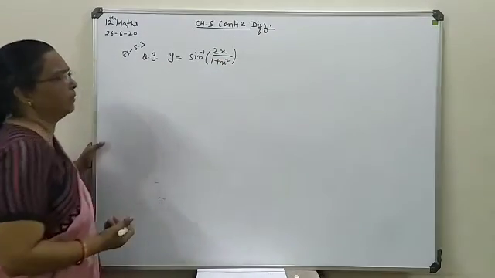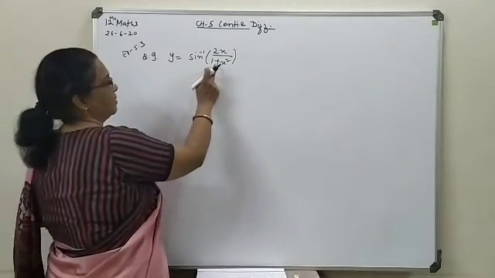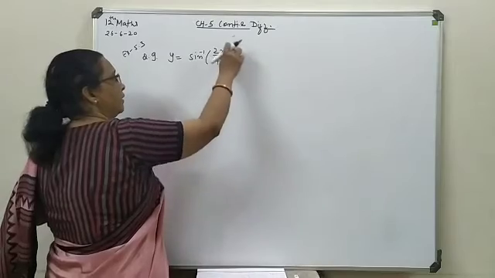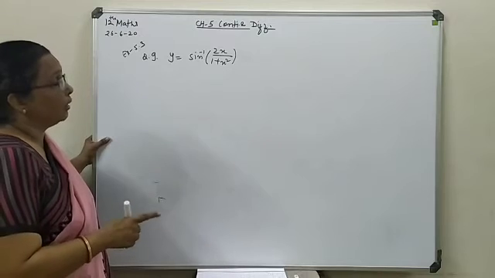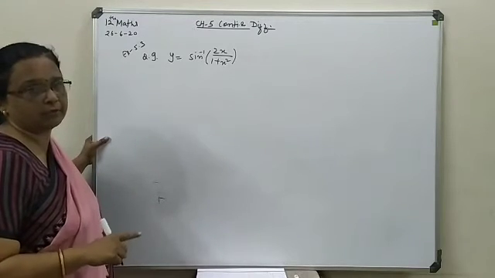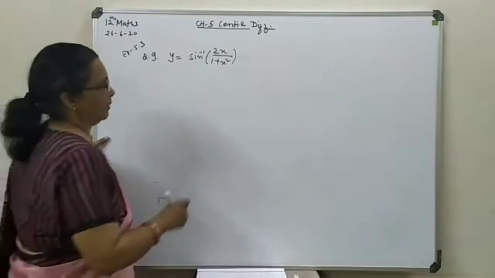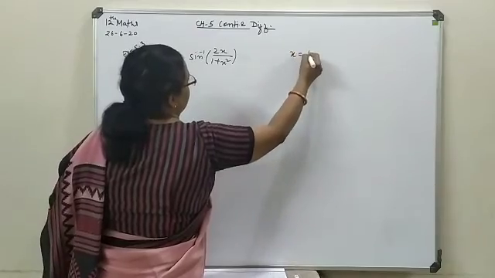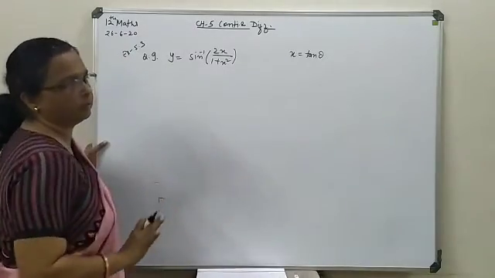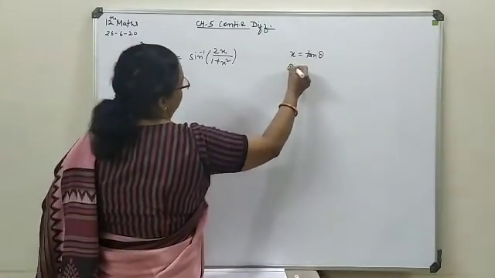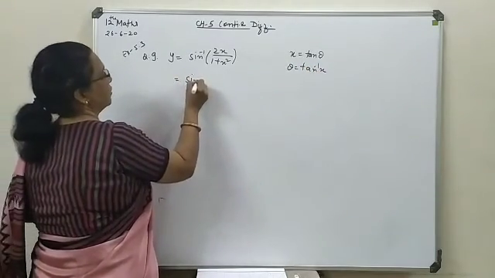Here no range is given, so directly we will go for the solution. Now as we are dealing with the sin inverse term, look at this combination, what you can substitute as x. This is 2x upon 1 plus x square. So if you substitute x as tan theta, it will generate the formula of sin 2 theta. So here we suppose x as tan theta. From this combination it can be decided what we will go for as substitution. Here theta you can write as tan inverse x, afterwards it will be required. Now go for substitution.